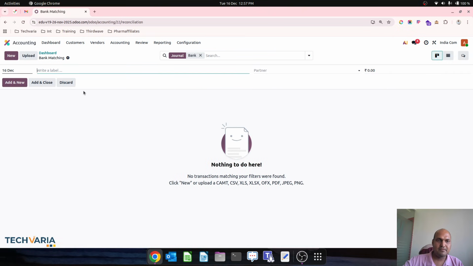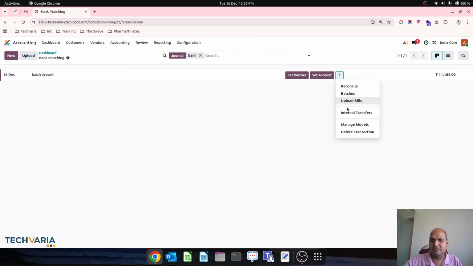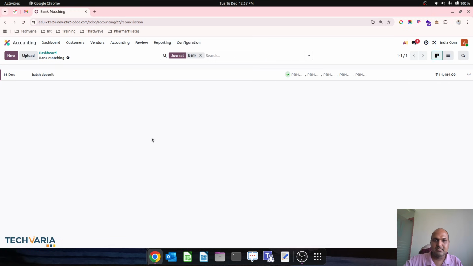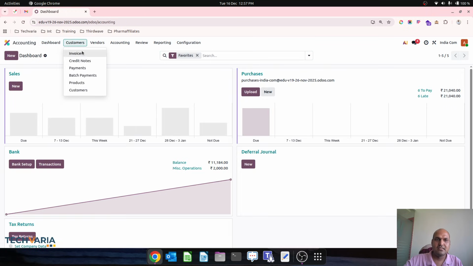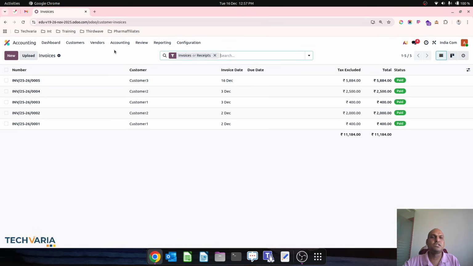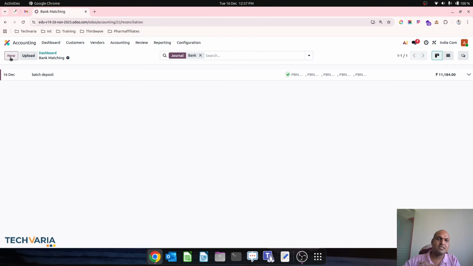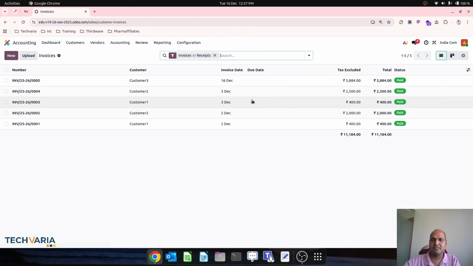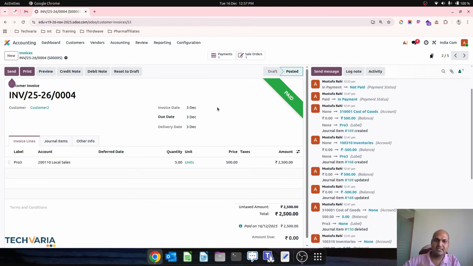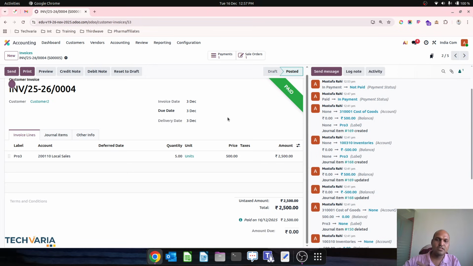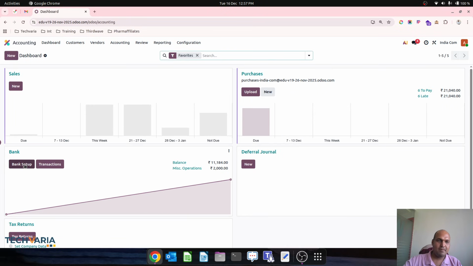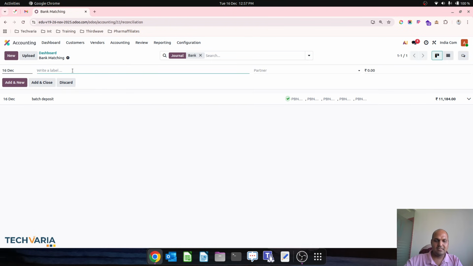In transaction I will register one transaction like a batch deposit, the 11,184 transaction, and over here I will select the batch which I need to reconcile. Now all my invoices got paid, and then after a few days the bank will come and say one of the checks got bounced. From invoices, let's say this 2,500 worth of check got bounced. So my bank will register a transaction like check